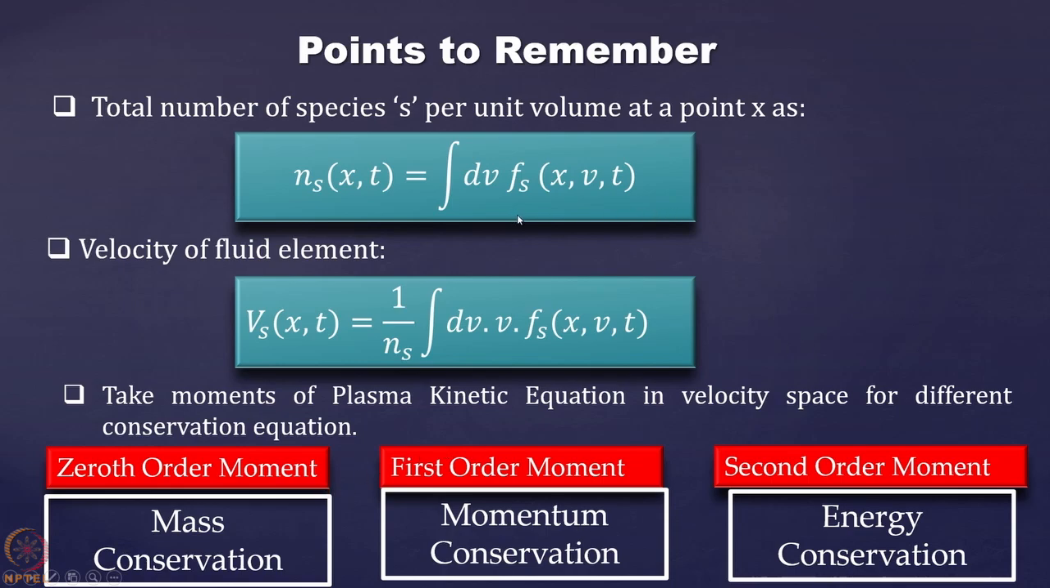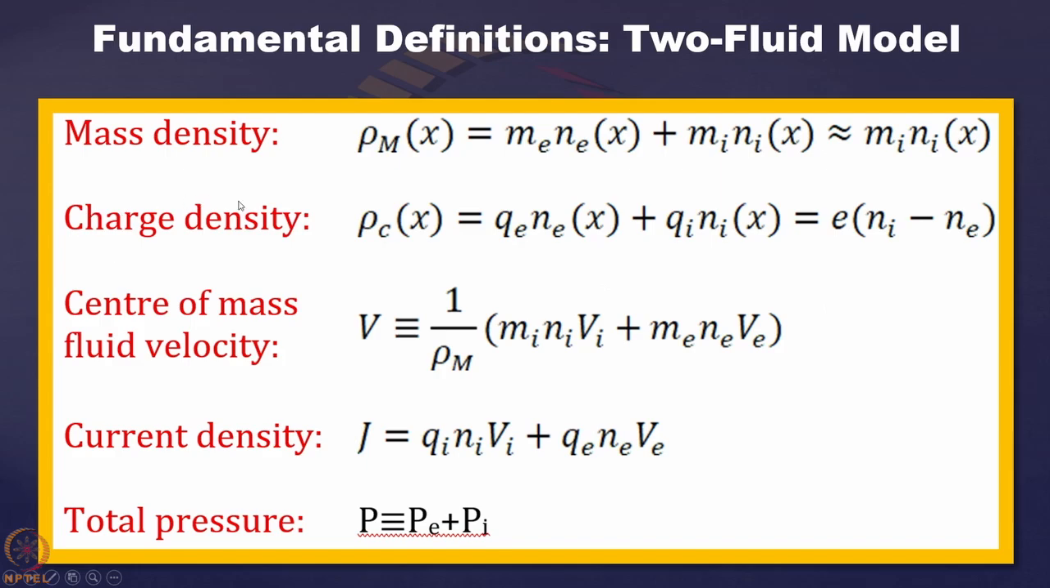equation. And there we defined the number density as the integration of the distribution function over the velocity space, and the velocity of the fluid element of species s as 1 by ns times the integration of velocity over the distribution function over the velocity space, and this will give you the velocity of the fluid element at the location x at time t. So with this we started, and then we defined different quantities like mass density,